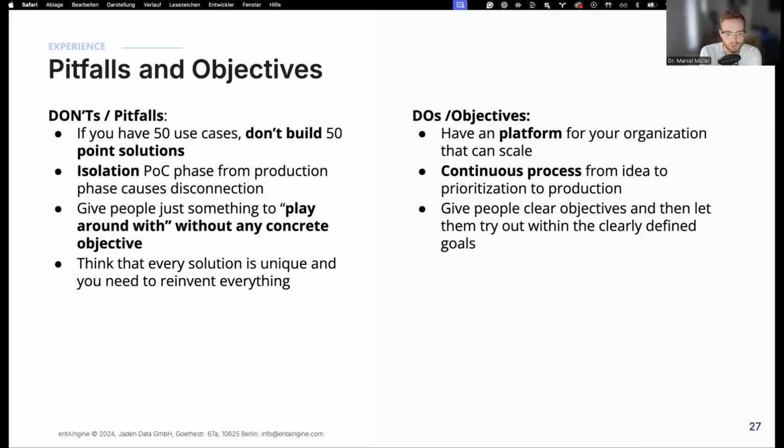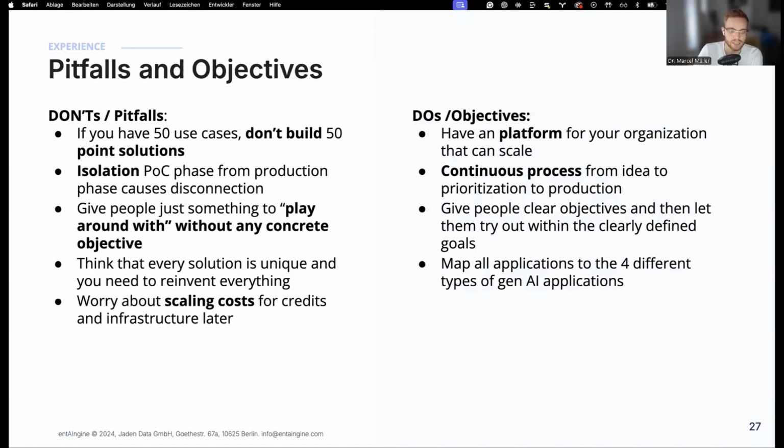Don't think that every solution is unique and you need to reinvent something completely from scratch for every use case. We have talked about these 4 types of generative AI applications: AI process automations, chat applications, knowledge search applications, and editor applications. And you can kill 90% of all of your use cases in generative AI with it. Again, I'm always talking about generative AI. I'm not talking about fraud detection, anomaly detection, something with other types of models. I'm always talking about generative